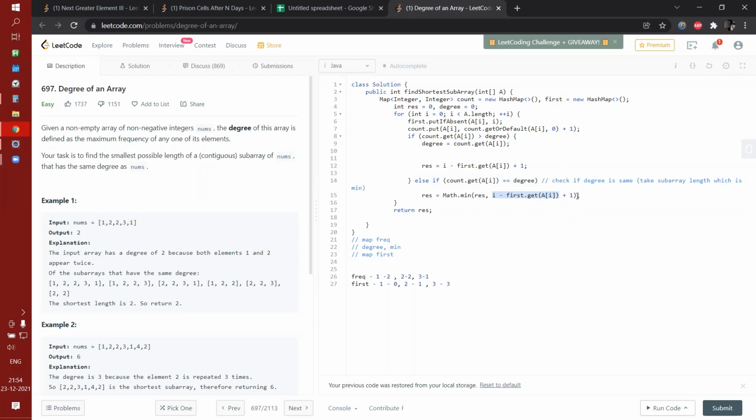It will be 5, right? So we will only take the minimum ones. We don't need to store the permutations or the end point of the subarray, because we only need to return the minimum subarray length.